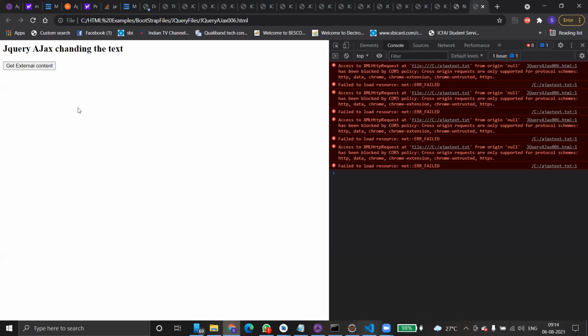Post means submitting the data to the server. We have a form, inside the form we have username and password, and the submit button submits the data, that means posting. Getting means requesting data from the server.